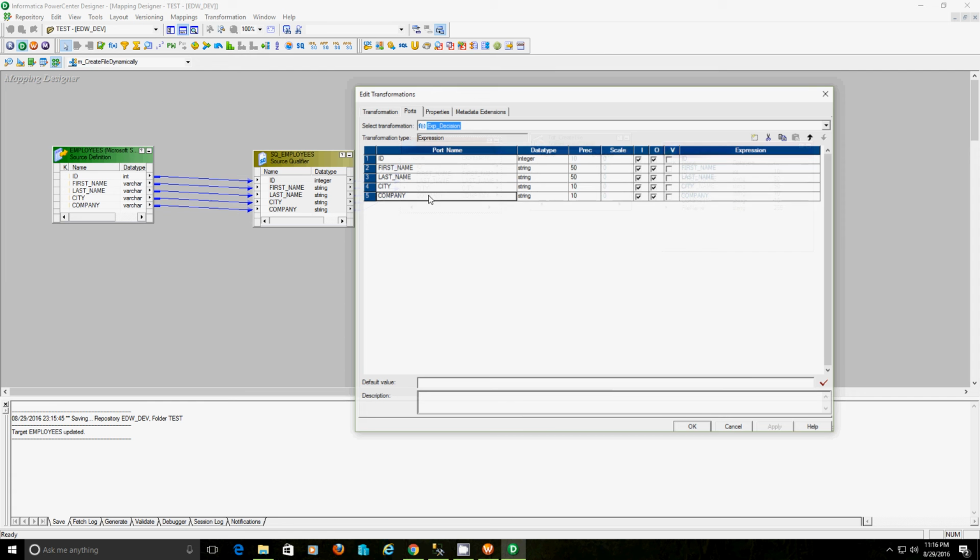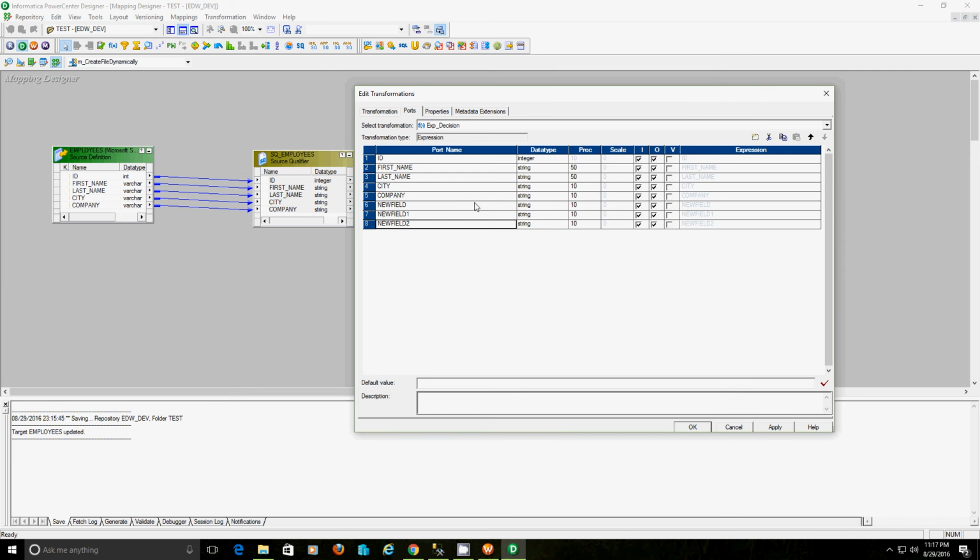In the expression we'll create two variable ports, one for the decision and another to store the old company value.